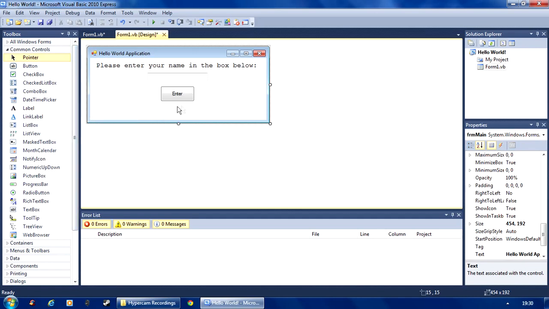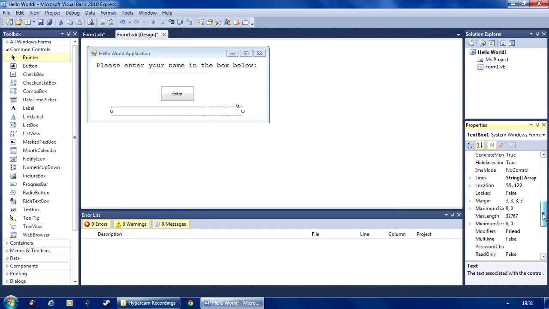So there's one thing which we'll need on our design, which is where the message will be displayed. So when we click enter, a message will be displayed saying hello, and then whatever you type in the text box. So we'll have down here another text box. You could also use a label if you want, but I'll just show another feature of the text box. This is why I'm using it. So we'll call it txt message,